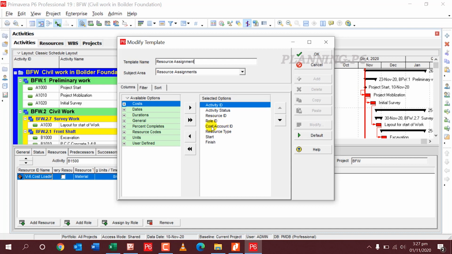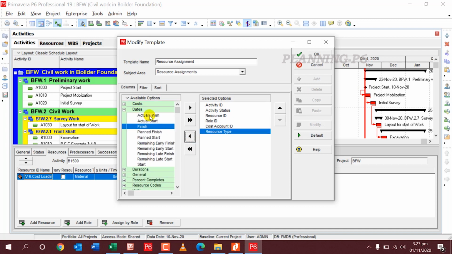Resource ID, role, start to finish. I will just go here and budget.